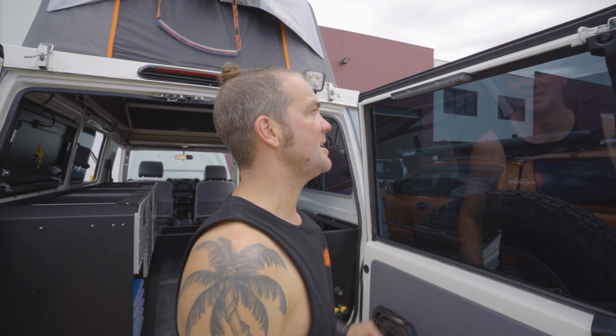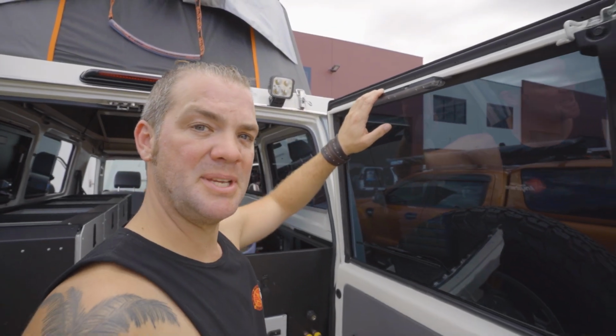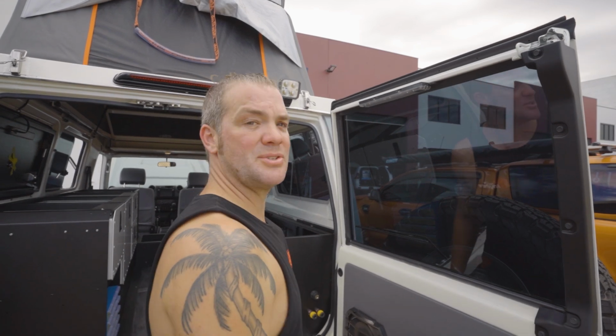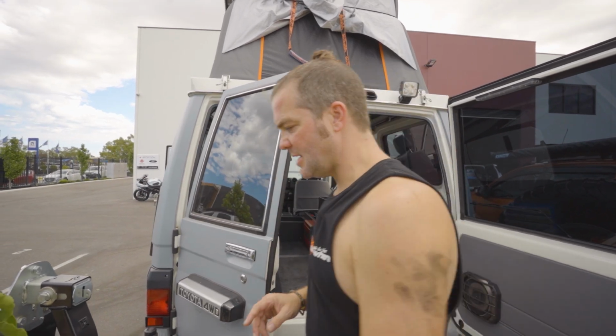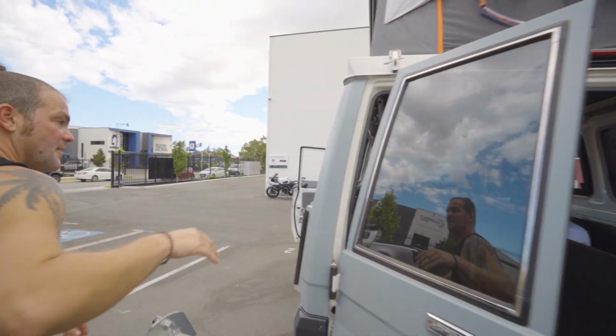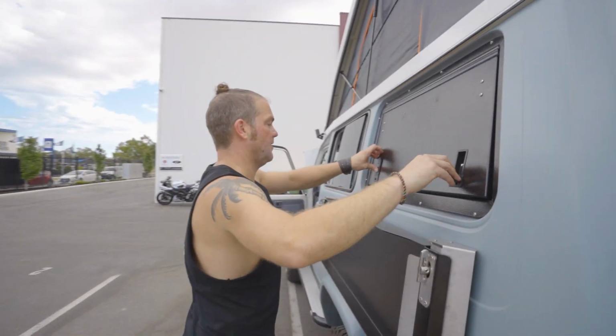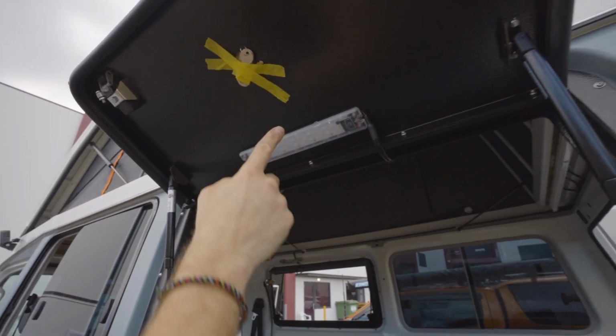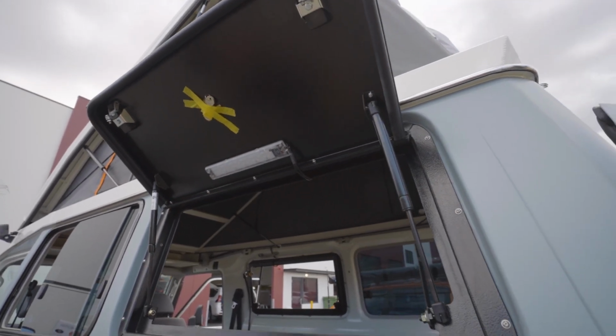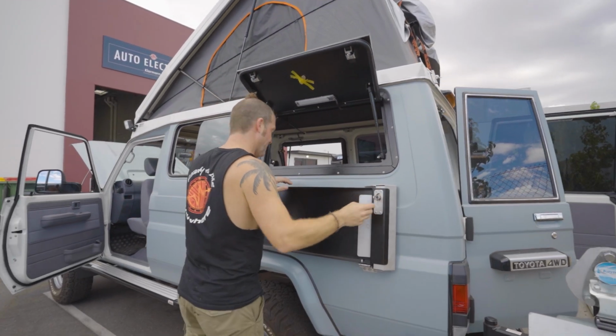So eventually we just started to get these fabricated to make it a bit easier, and to also up the build quality by actually having these laser cut for us. We've got another National Lunar light on the gull wing here. This is always really handy because you'll have your max tracks in here, and then